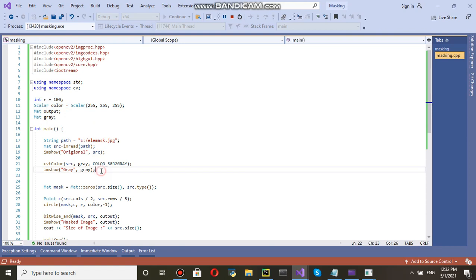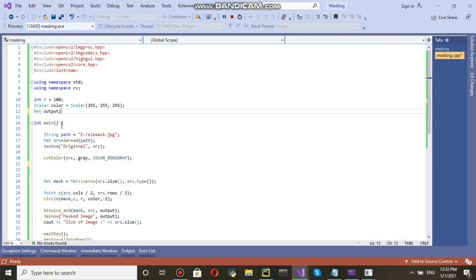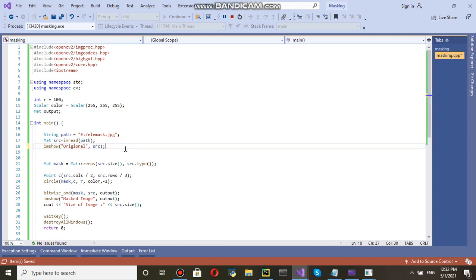I am not going to use this gray, I am not going to print it, so I am going to delete this. And gray color I am not going to convert. We just need to understand the masking. So 16 to 18, the path is defined, the image has been read and the original image has been printed.